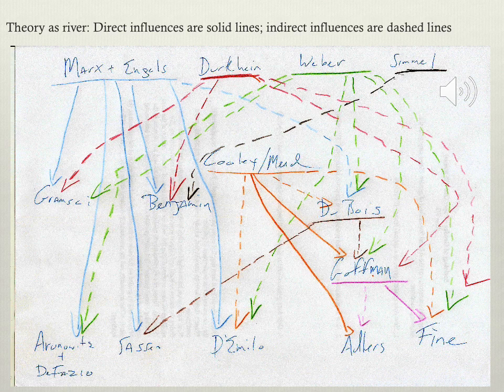At the top, it'd be easy because you recognize the four classical theorists are going to be the four people at the top. But of those four, you need to figure out who is going where. Marx would be an easy one because we've seen a lot of neo-Marxists this semester. The solid lines represent the direct influences, and we see a direct influence to a lot of people, whereas the dotted lines are indirect influences. So there's a lot of influence going on, but more indirect influence than direct.